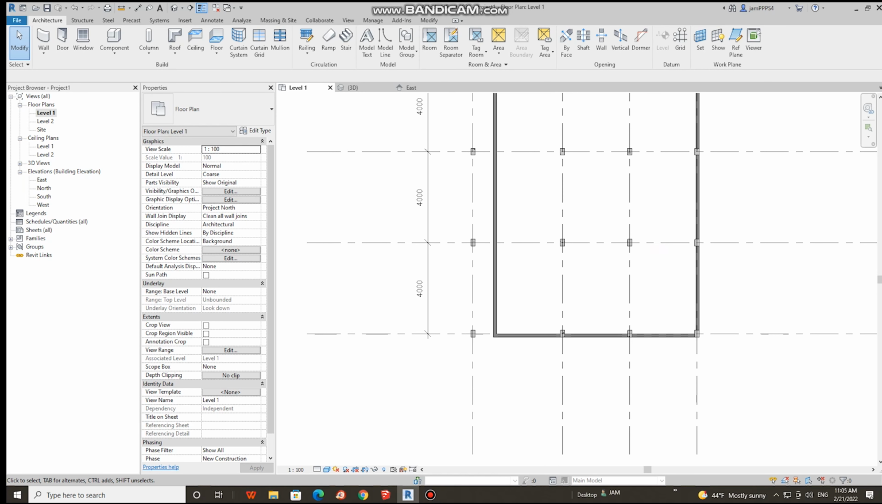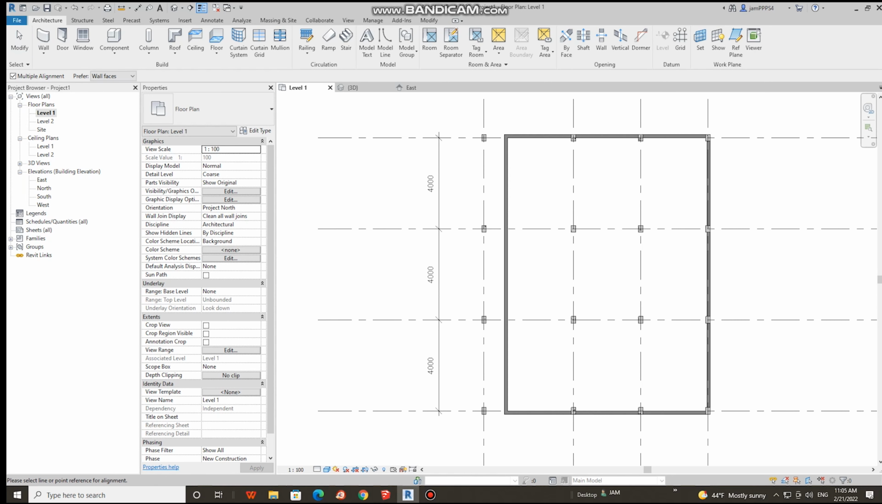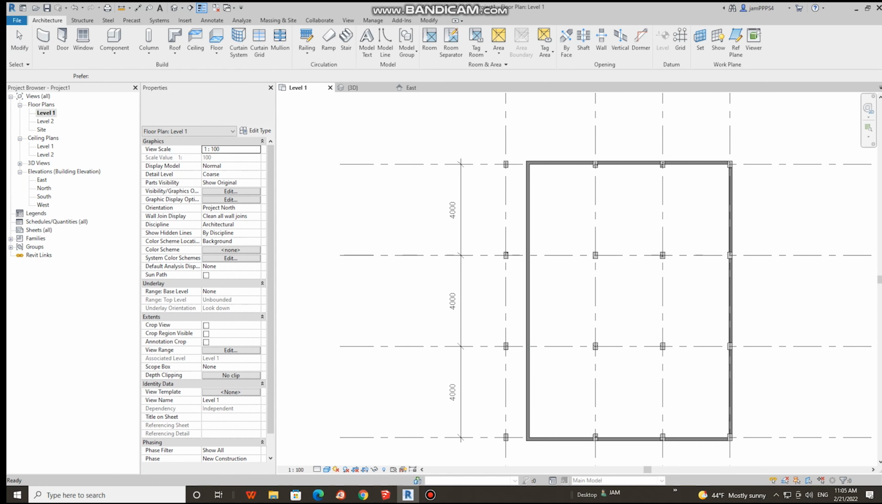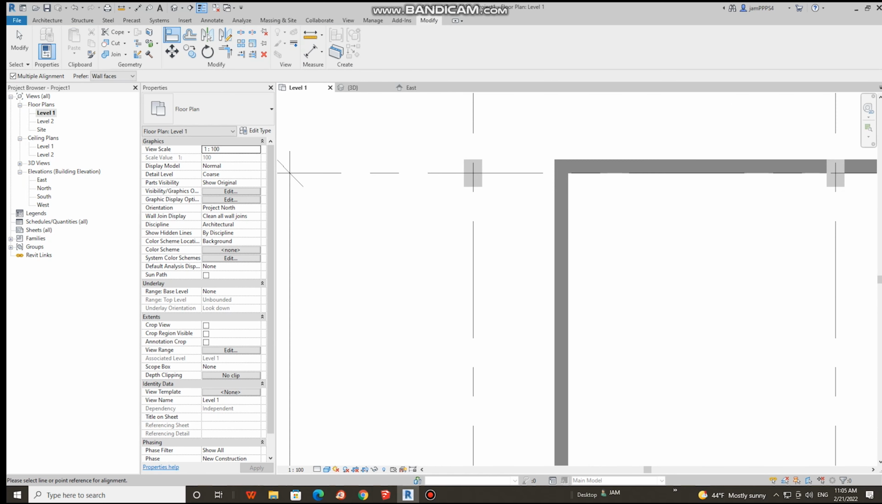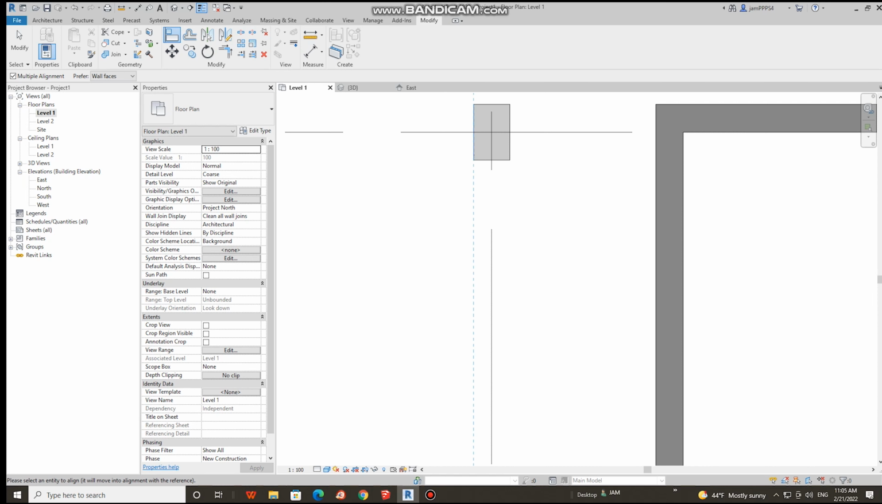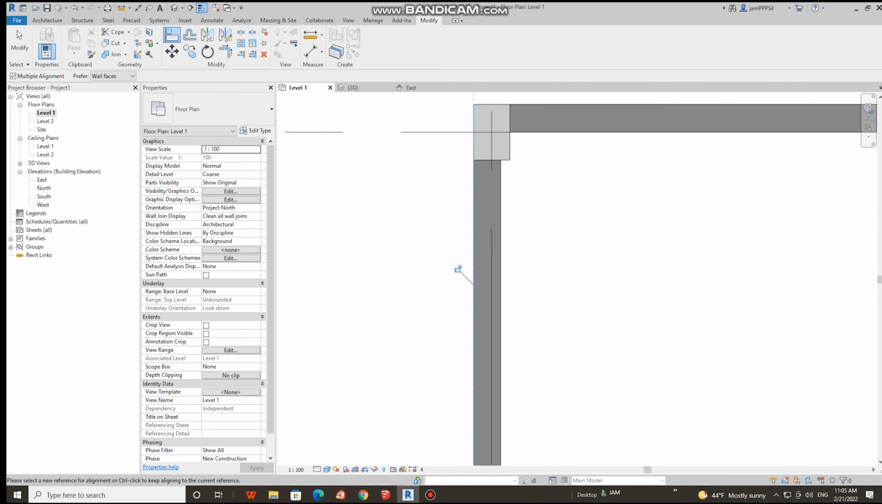So what we're going to do with the wall is align it by typing AL, or you can also go to Architecture, right? Click this one and you align by clicking this Align here, AL. So click this one and you select the face of the structural columns and you select also the walls. Okay,